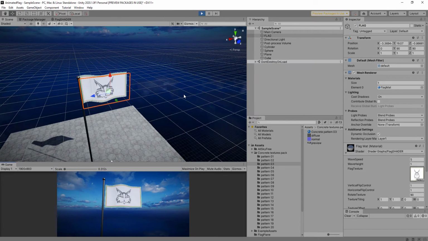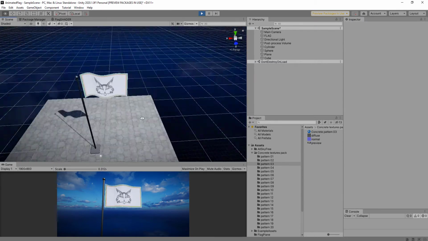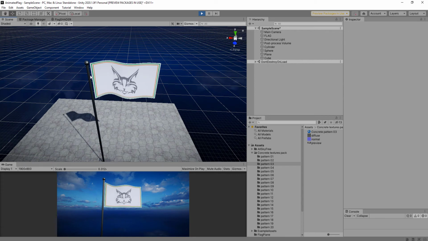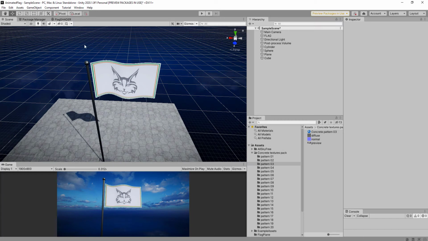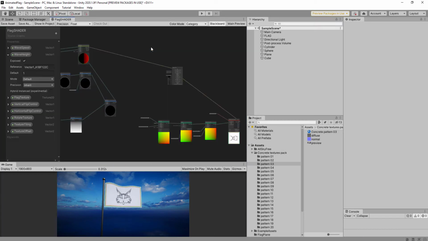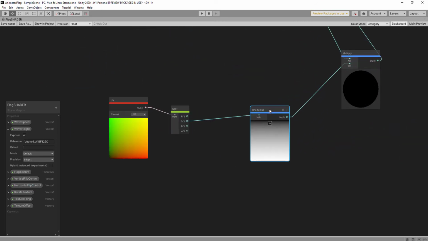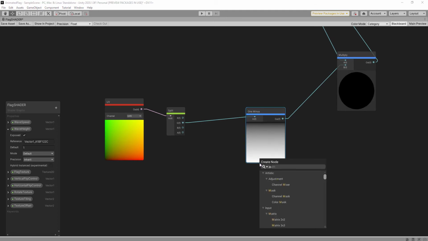We have a problem for this edge. We need to not move this edge, so we have to fix this problem in the flag shader. Go back to the flag shader again, and as you see, the black edge is on top. This black edge must be the bottom edge. For that, add multiply,